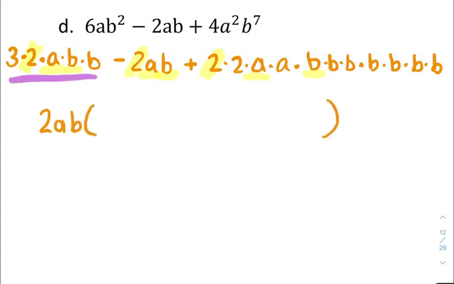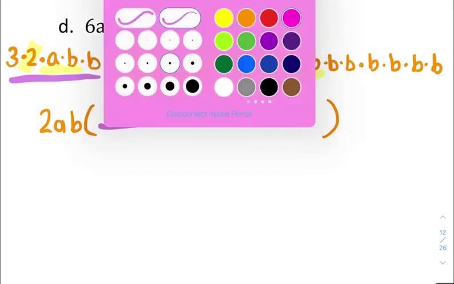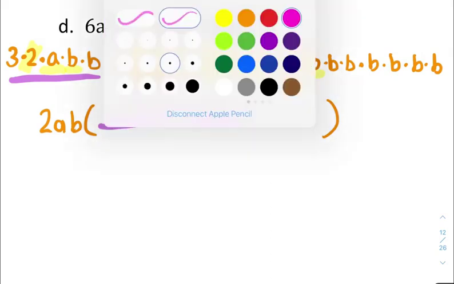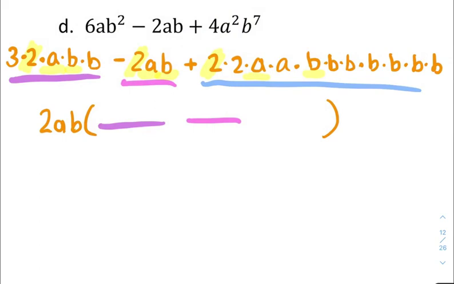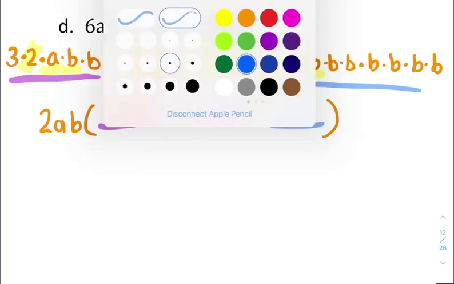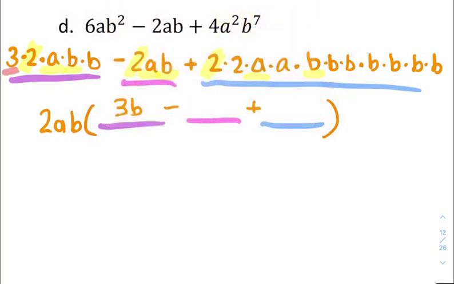And then if I think about my three original terms and what's left after I factor out that common factor, my first term of 6ab squared has a 3b remaining. My middle term, you're really dividing by 2ab, so you still have a factor of 1. And my last term, I have a 2ab to the 6th, if you count all those factors of b up